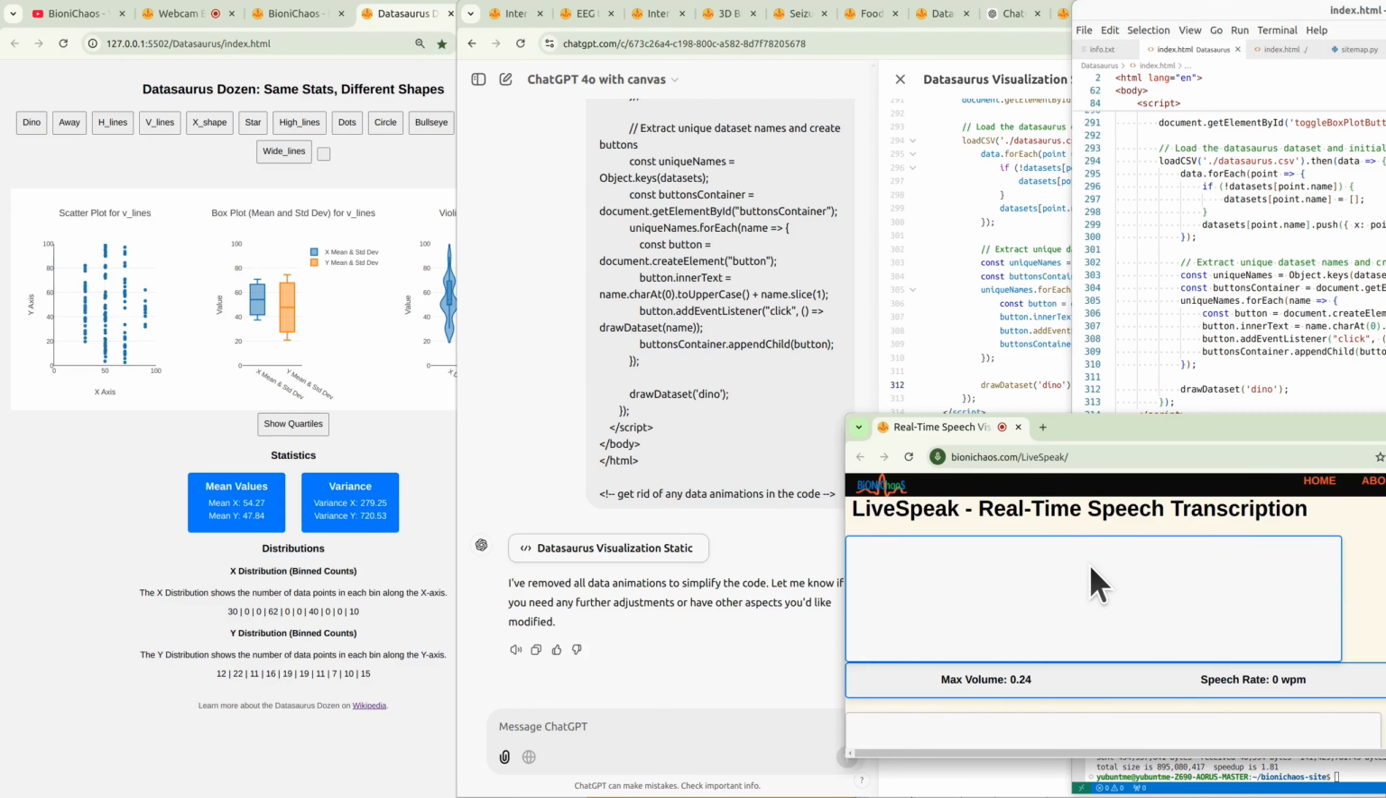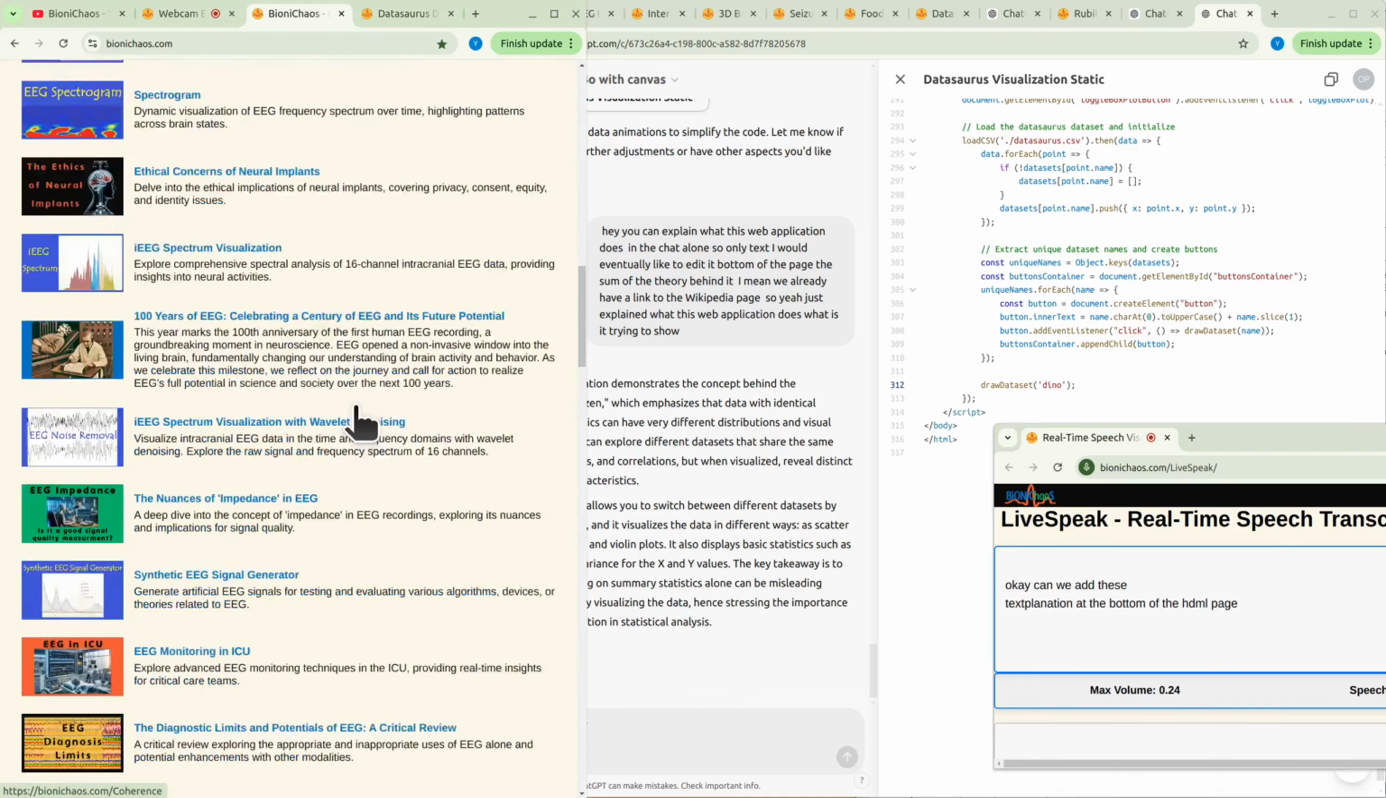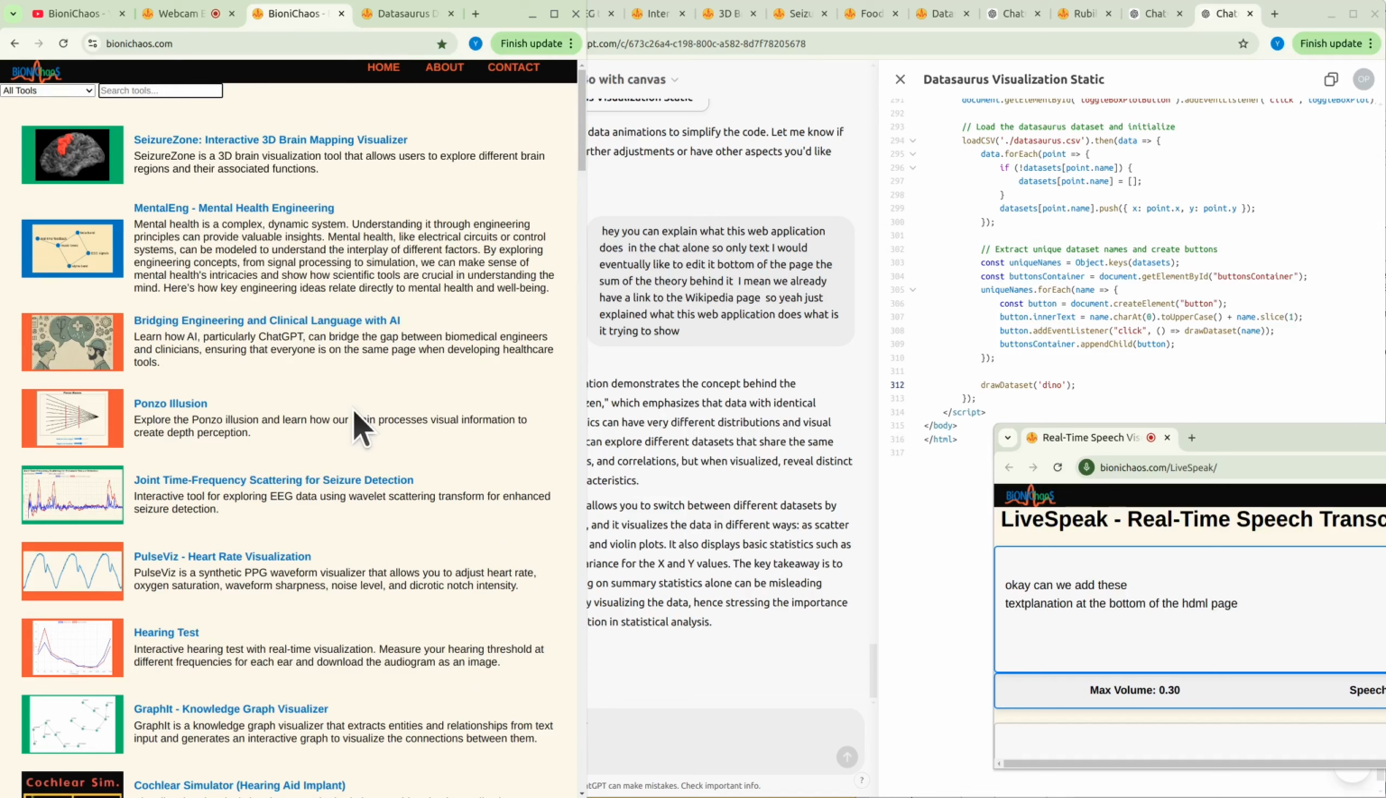Hey, can you explain what this web application does in the chat alone? So only text. I would eventually like to edit the bottom of the page, including future directions, some of the theory behind it. I mean, we already have a link to the Wikipedia page. Okay, can we add this explanation at the bottom of the HTML page? And also give a general overview of how it's relevant to biomedical data